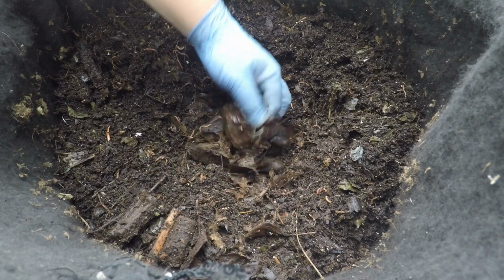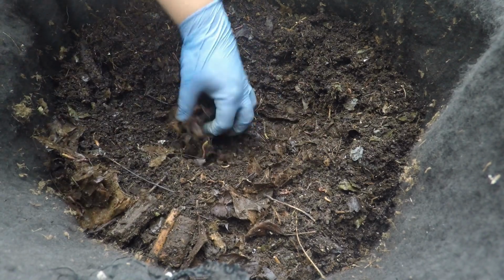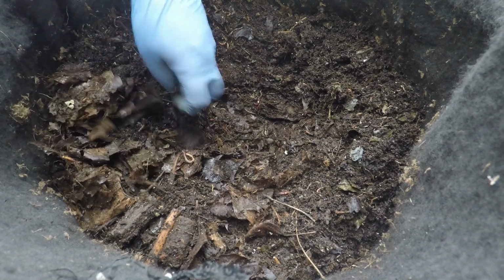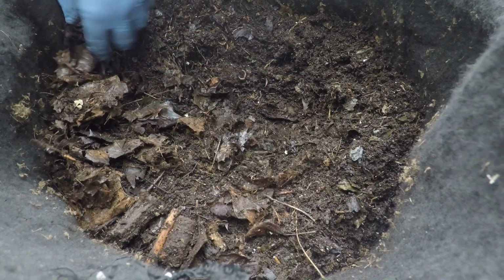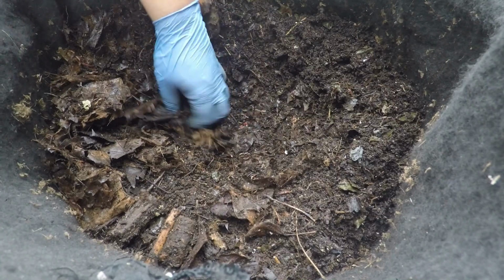What have we here? More of it. Okay, so a little bit more remnants of the leafy matter that was placed in here as top cover for the melon. So they've not done away with all of it, but there was quite a bit piled in, if I remember correctly. But as we start working our way down, I'm questioning whether I'm even going to see the rind, or